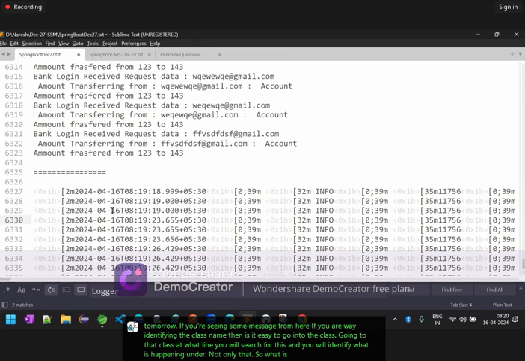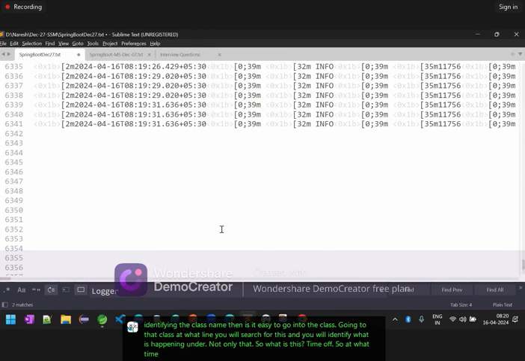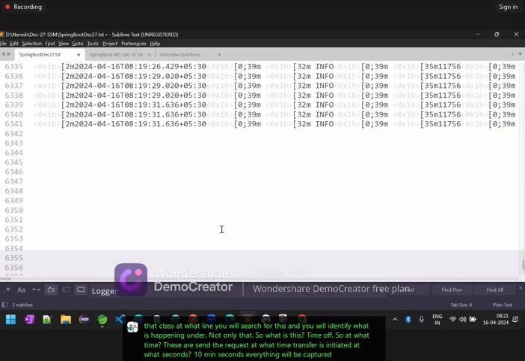What is this? Time also. So at what time did the user send the request? At what time was the transfer initiated? The time, minutes, seconds, everything will be captured when you are executing the logic. For example, now